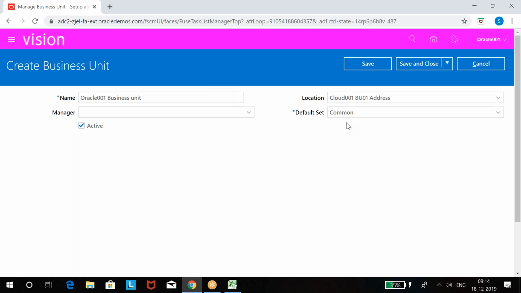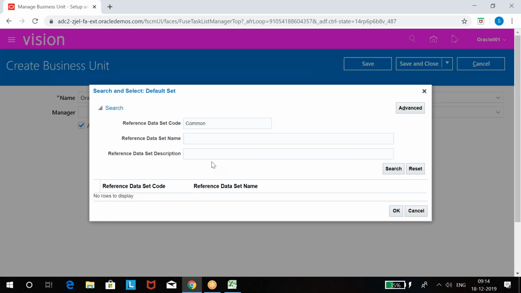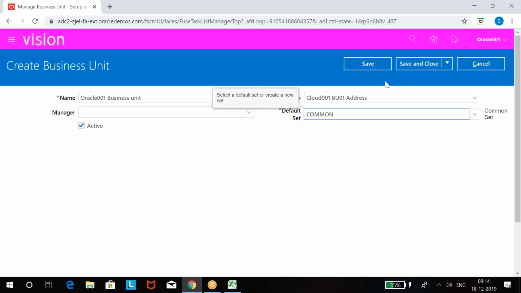Okay. Just select common as the set name. Common set. There is a major use of this set, which was not there in EBS. The set concept was newly added in Fusion, and there is a major change because of it.